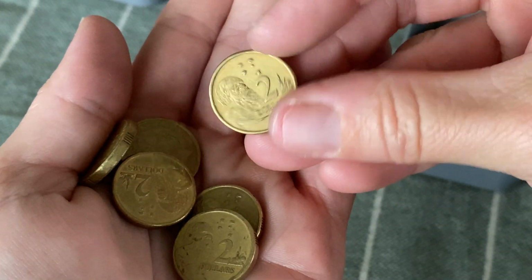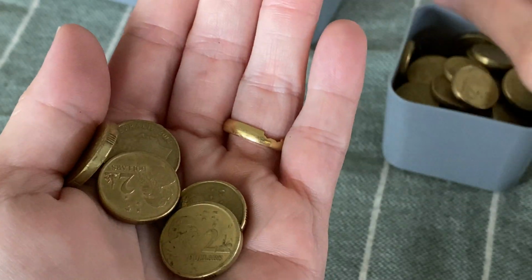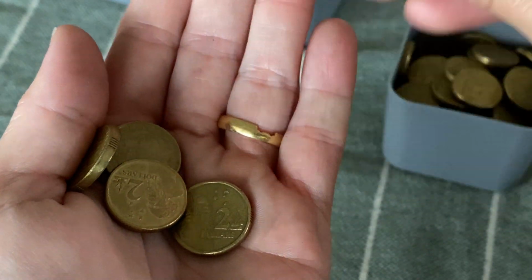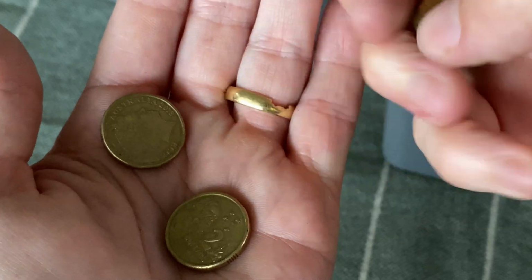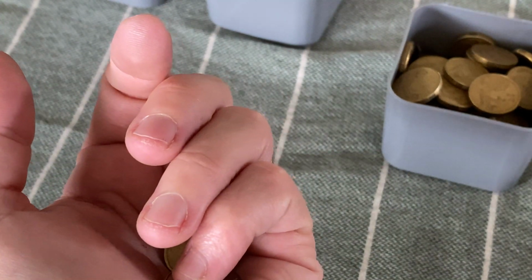Lots of 1988s, lots of 1988s. A lot that are quite damaged and have lots of PMD, post-mint damage. So someone mucking around with them, or just, I don't know, getting chucked in the wash and not being able to cope. Being scratched up all the time. 2002. Do we know the...